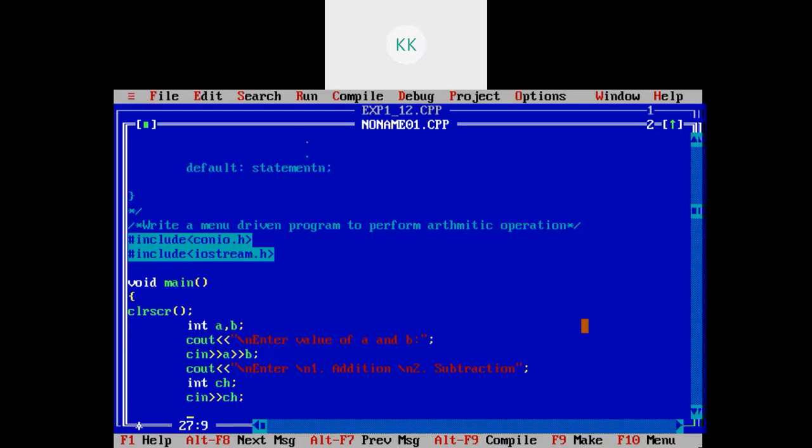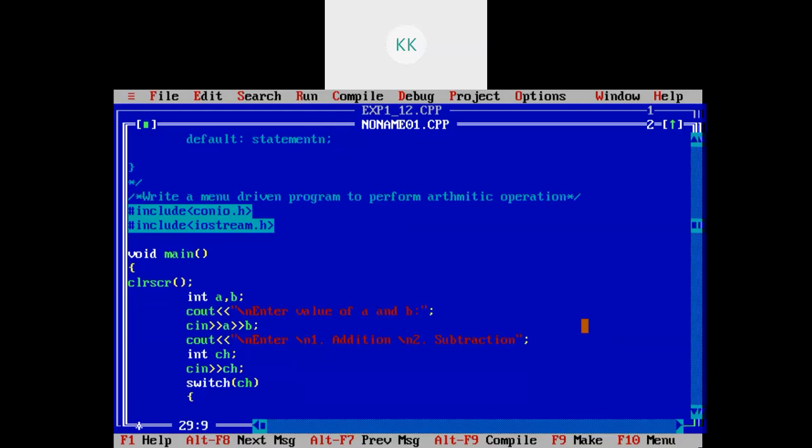Now I need to write the switch statement as switch ch, whatever value you may have entered, depending upon that this switch will work. So I need to write cases. So case value 1, what I need to do, cout \n addition equals